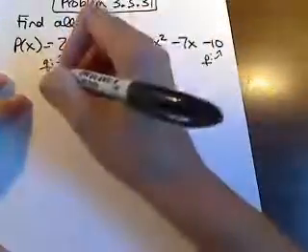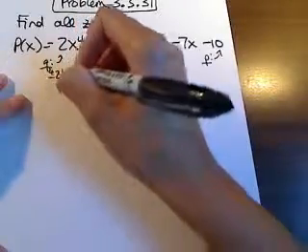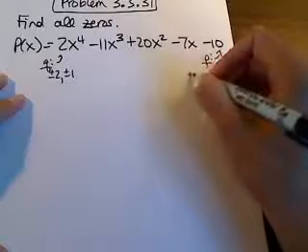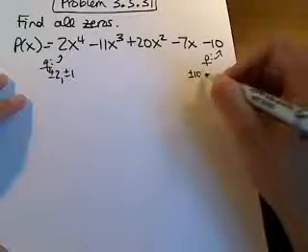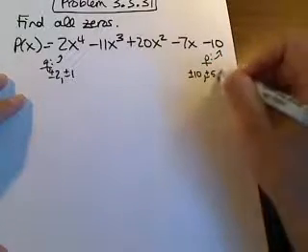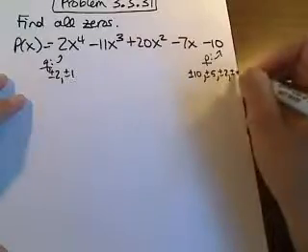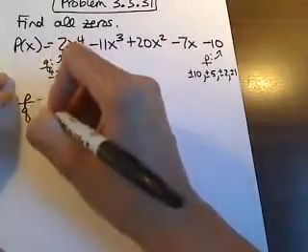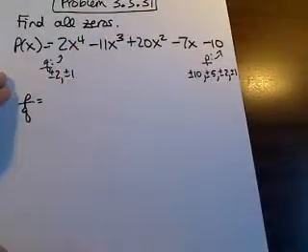Okay, so our Q list would be plus or minus 2 and plus or minus 1, and our P list would be plus or minus 10, plus or minus 5, plus or minus 2, and then plus or minus 1. Okay, so the P over Q list is going to be the list that,